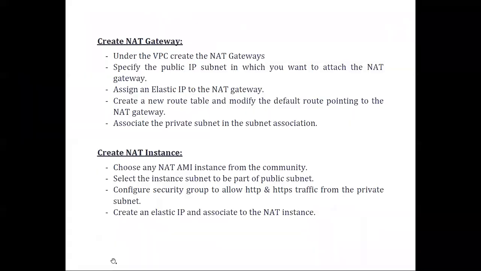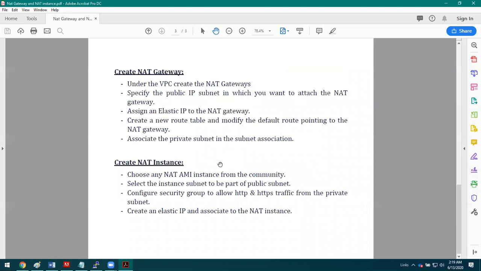So far, we have learned how to configure a NAT gateway and how to configure a NAT instance. The purpose of this NAT gateway and NAT instance is that the private subnet machine wants to connect to the internet. So for that we are going with this concept. This is one of the very useful tools in EC2. So we can make use of these resources and attach them to the private machines.